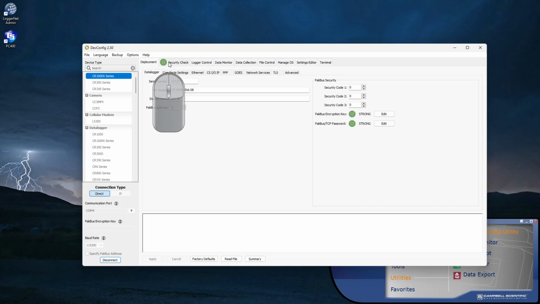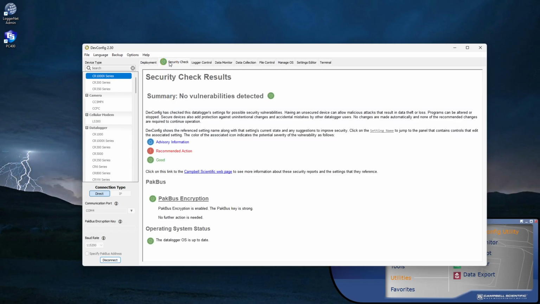Starting with version 2.3, a security check is provided through Device Configuration Utility. This check helps identify areas where security can be improved. All suggestions shown in Device Configuration Utility are optional, and no changes will be made unless initiated by the user. For example, the utility may suggest a stronger password based on simple criteria. However, organizations are free to use their own password criteria.